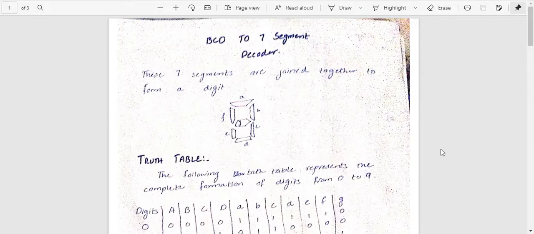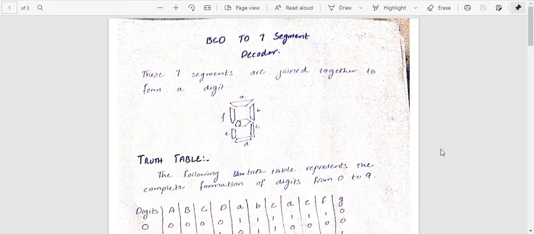In today's video I am going to tell you about the BCD to 7 segment decoder. What is meant by BCD to 7 segment decoder? Basically, a 7 segment display is a digit format that we already observe in our calculators, houses and many more applications around us, because everything in today's world is digital. Our clocks are digital, so each and every application requires this 7 segment decoder.